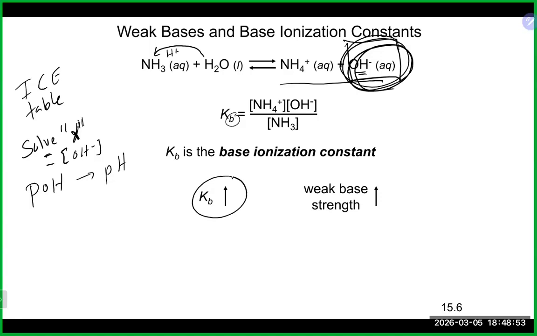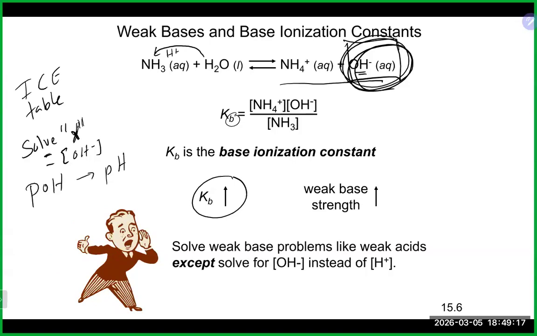So it is really important to make sure you know how to write that equation so it does not lead your calculation astray along the way. But it again does work the exact same way. You can make your assumption, you could use the quadratic, you'll solve for X. But again, the additional thing you have to do on these is go to pOH first and then to the pH at that point. Any questions on that there? All right. I think that's a good